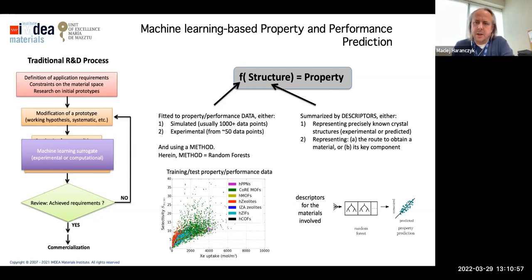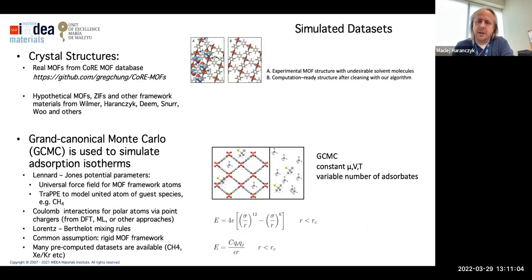So let me go into a few more details about those required components. So when you think about initial data on which we can train, we can use simulated data. So for example, in case of crystalline porous materials, we can build or predict crystalline structures of MOFs or zeolites, basically by assembling those building blocks in different ways. And currently there are a number of databases through my work and my work of my colleagues available. And there are hundreds of thousands of materials.